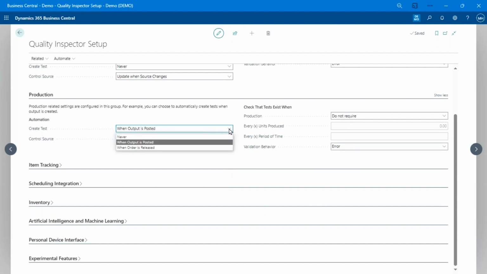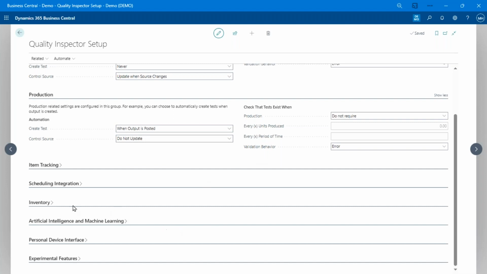And same thing here with production. So we can automatically create the test when output is posted. So as soon as you post output, it creates a test for you, optionally pops it up based on the setting that's up above, pop up that test and away you go. Or we can create those tests when the production order is released. So based on the rules you set up, which I'll show you in a minute, you can go in and say, hey, when this production order is released, I'm going to create these 5 tests for it automatically based on the rules I've set up. Maybe I've got one for the initial assembly, another one for welding, another one for mixing, or whatever you want to do, and you can do it that way. Okay, or you can create any of these tests manually.